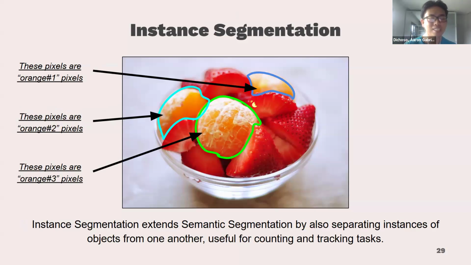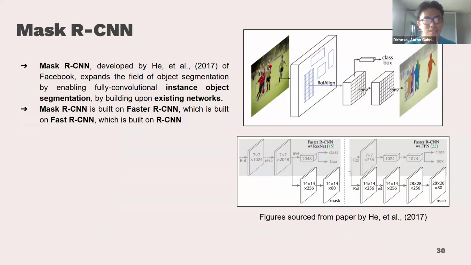So that's what makes it distinguished from semantic segmentation. However, as I said, FCNs only perform semantic object segmentation. What actually brought about instance object segmentation was Mask RCNN here. So this allows you to actually perform what we've shown,